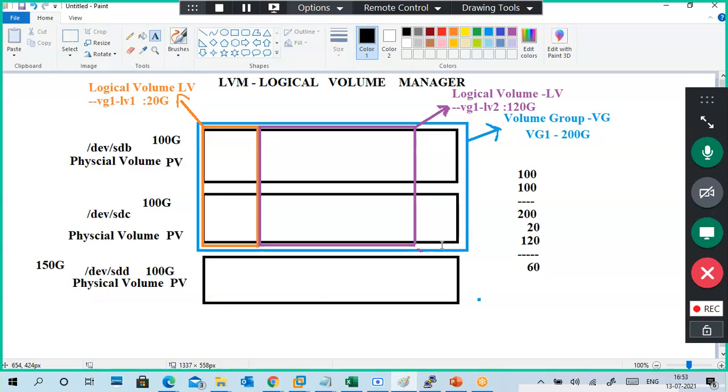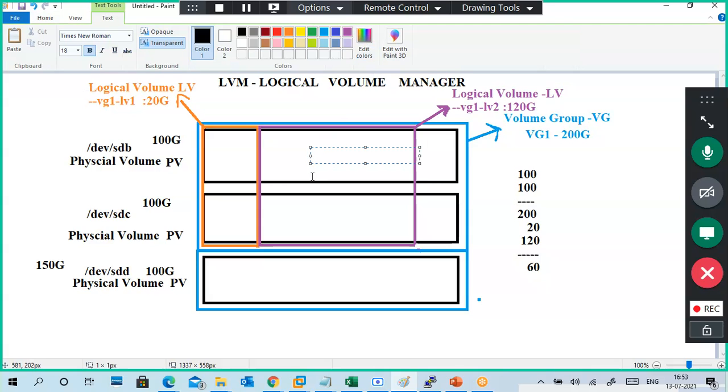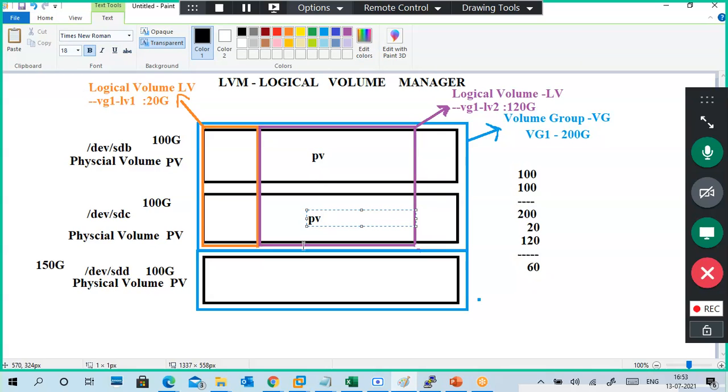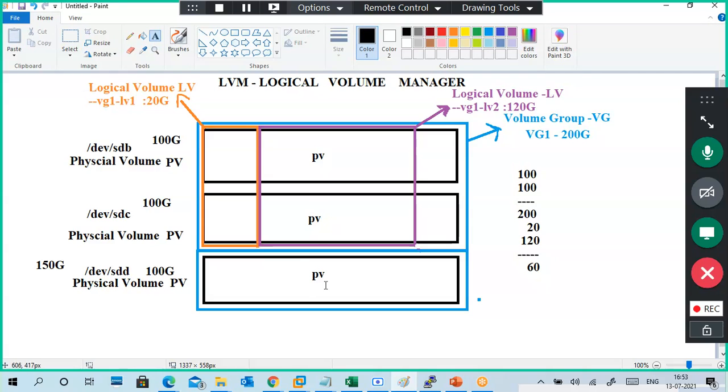I took a physical volume and I am extending my volume group like this. Got it? Each individual one is a PV. PV, physical volume, physical volume, physical volume. Okay, this is 100, 100, 100 for example.